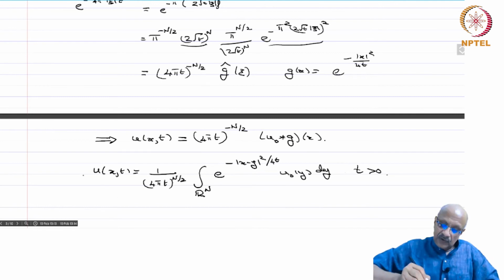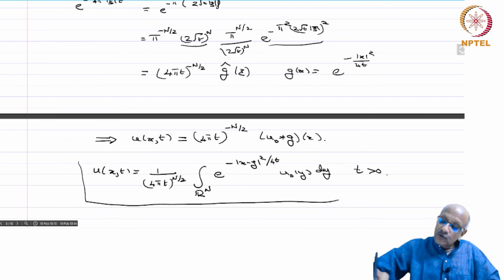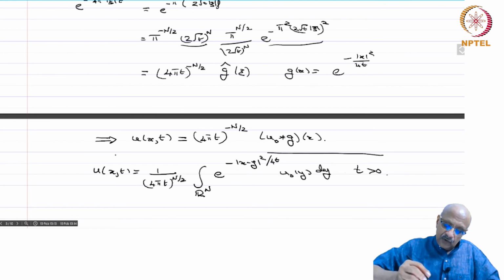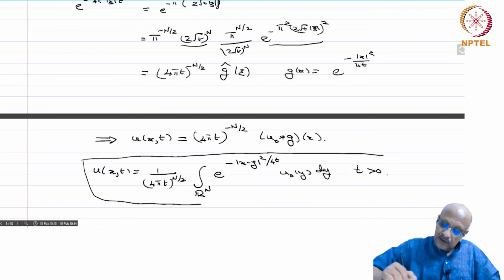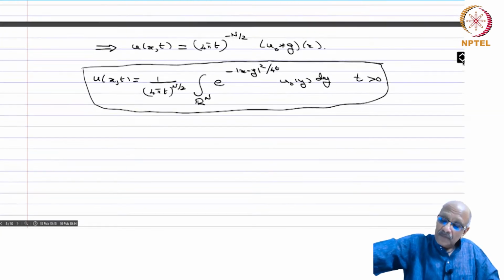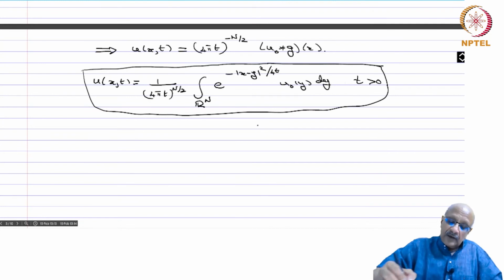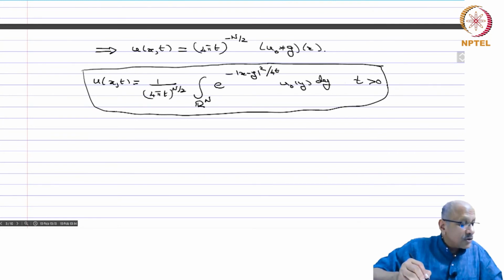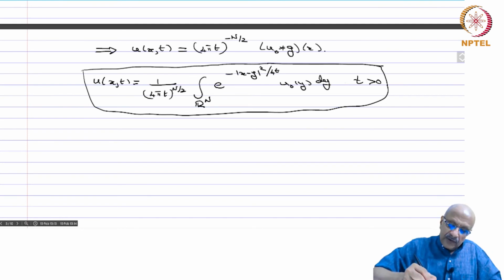So this is the formula for the solution of the heat equation, assuming of course that u0 is in S and u of t is also in S. And you do have a solution. Therefore if you have u naught in S, u can be written in S, and this is the solution to this. Now if you consider E of x t